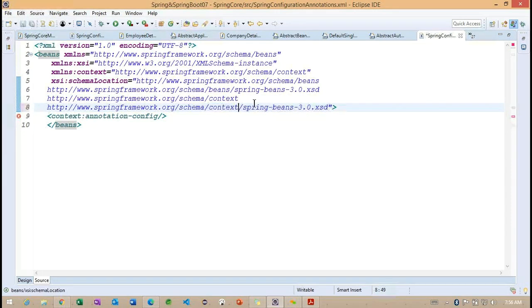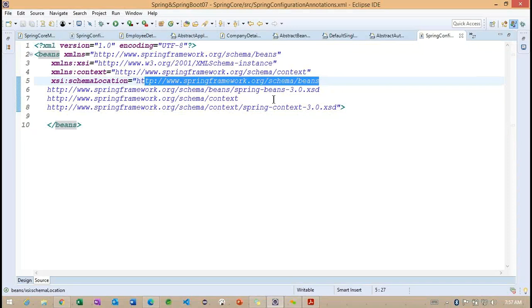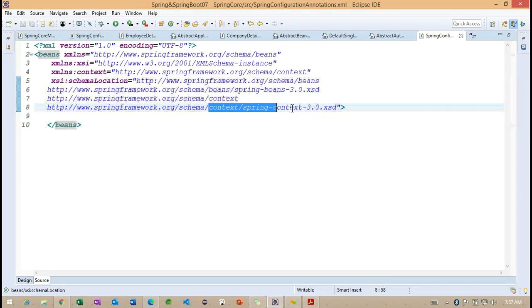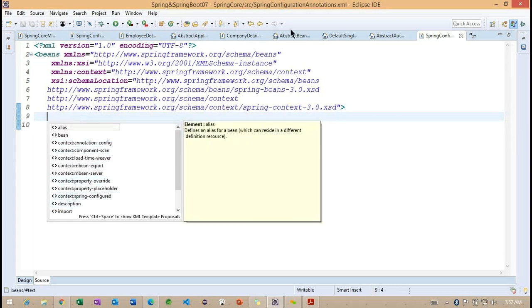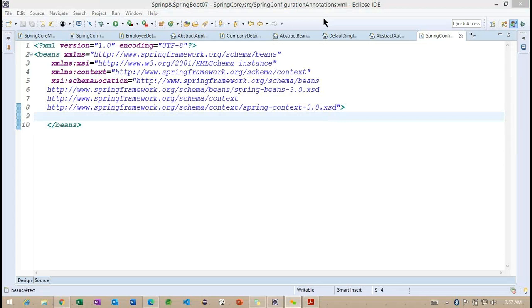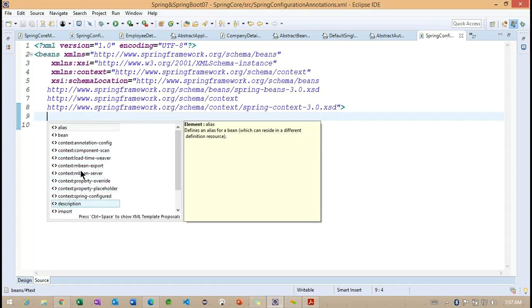So here I need to change. I forgot to change here. Now you can understand. If I remove this, let me save here. This is very important. Whenever we are trying to work with this particular schema location, the particular context we need to specify perfectly. Then only we are able to get the information. Now we can observe here, we are getting all the information.